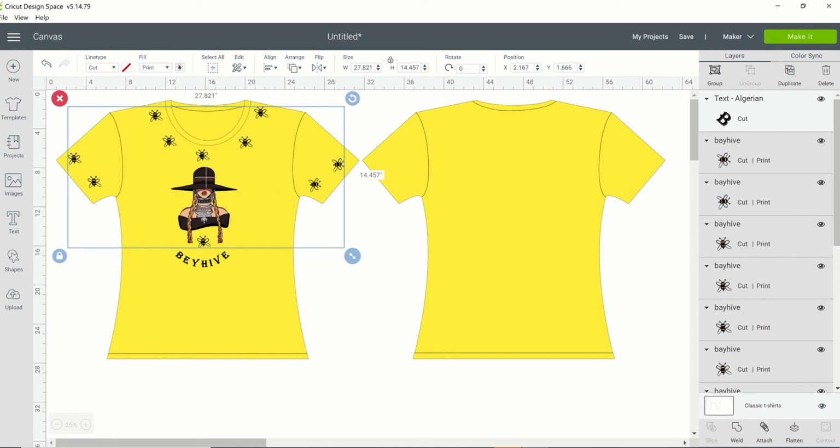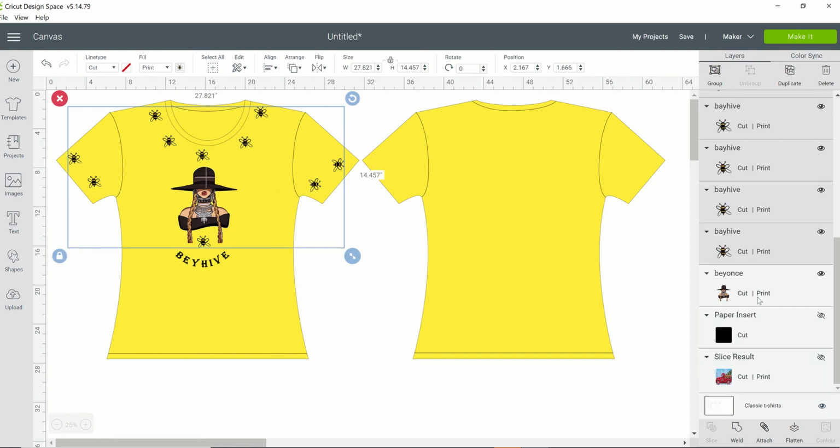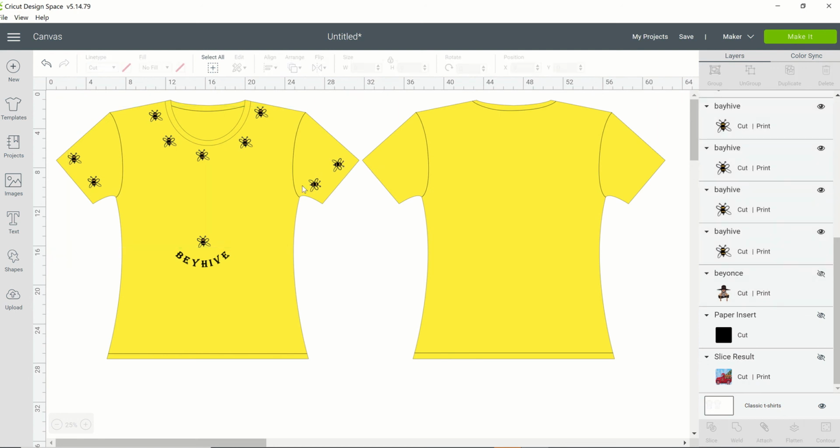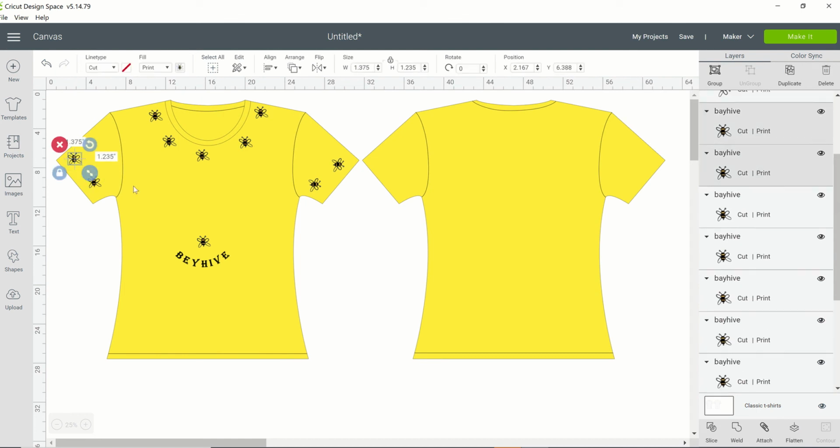And we may not be able to get that one without getting Beyonce. I knew that was going to happen. Okay, there we go. So what I would say is to take your bees, and since this is